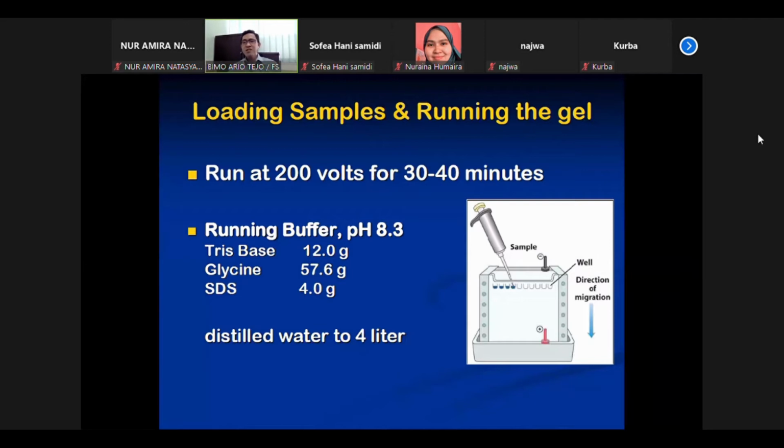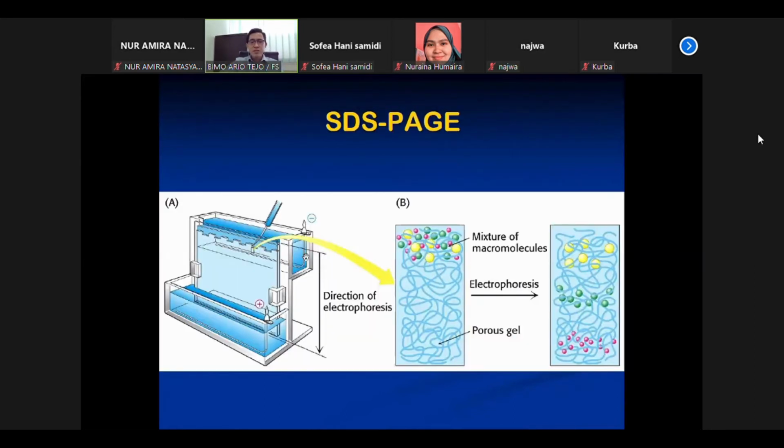Ya. Tapi sekarang, the younger generation, they are too lazy to run electrophoresis. They just directly run SDS page. Ya. So in terms of knowledge, they don't know that there is another electrophoresis. Kita tak letak SDS, kita tak panaskan sampel kita. Ya, terus run gel. We call it as a native page. Alright. Okay, so this is the schematic picture how the mixture of protein migrate inside the gel.